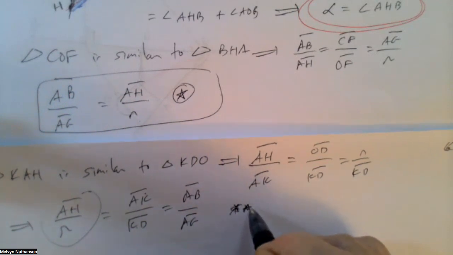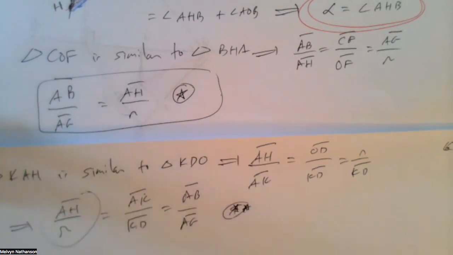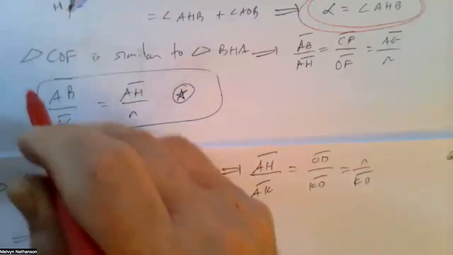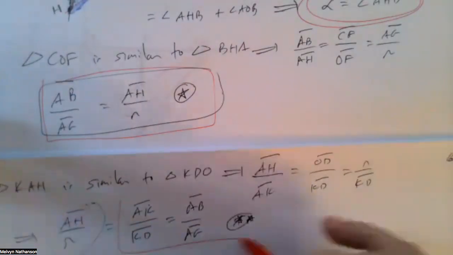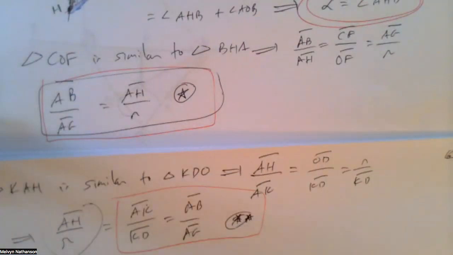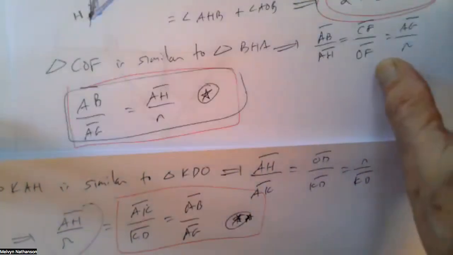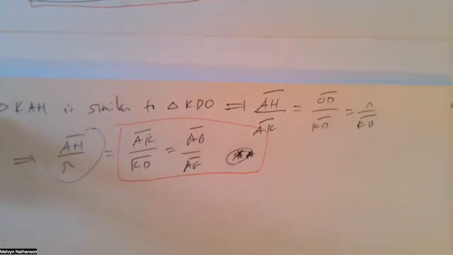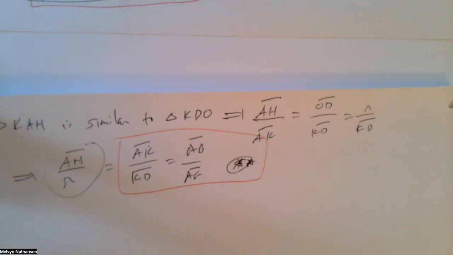And this relation gets 2 stars. We're going to use it. So this is one identity we need, and this is a second identity that we need. And there's going to be one more of these curious identities,